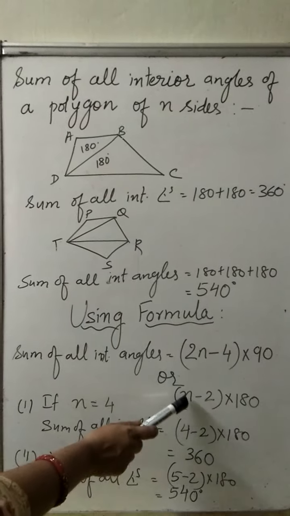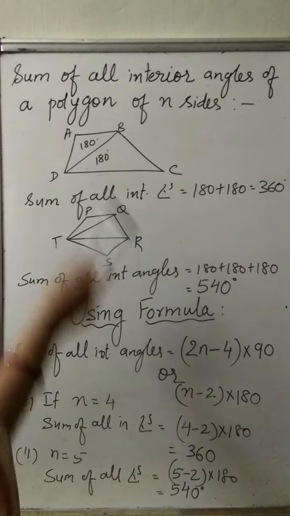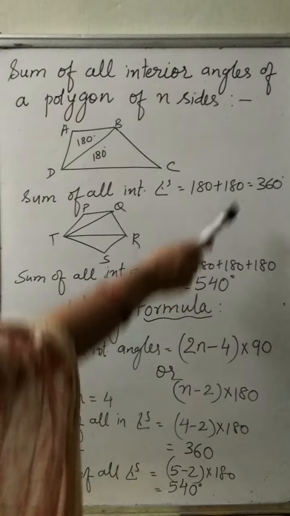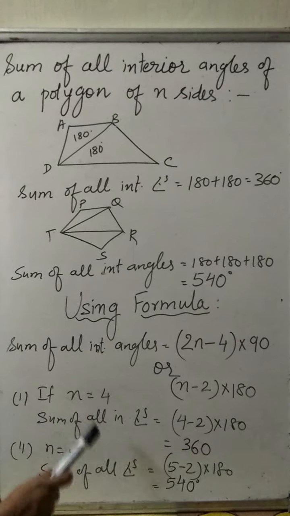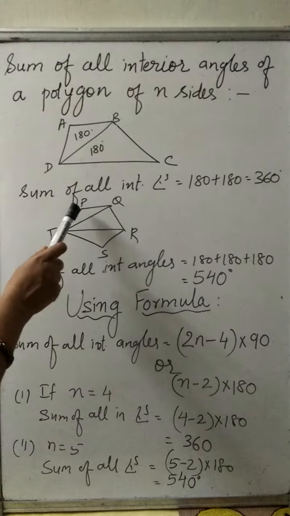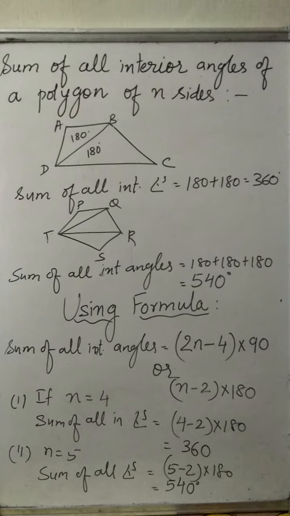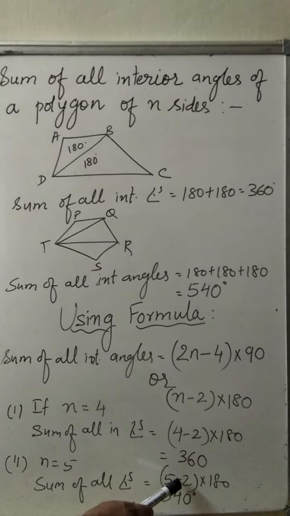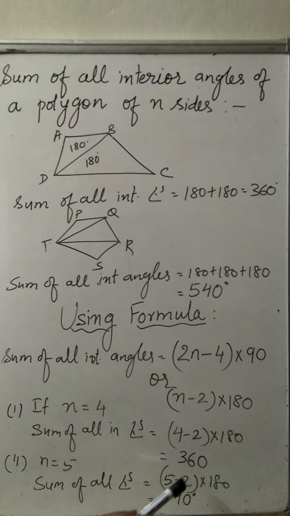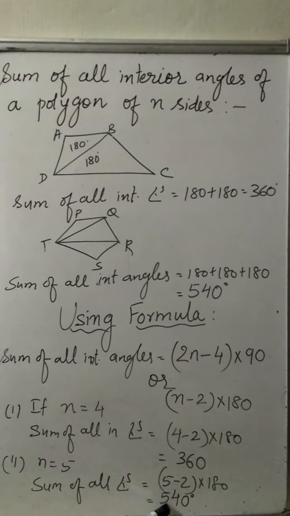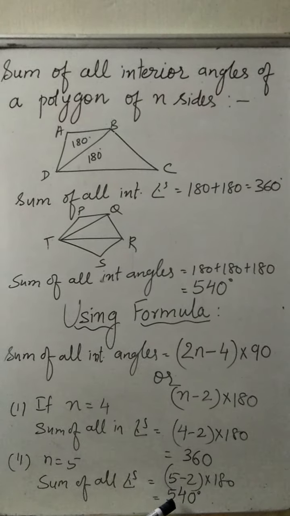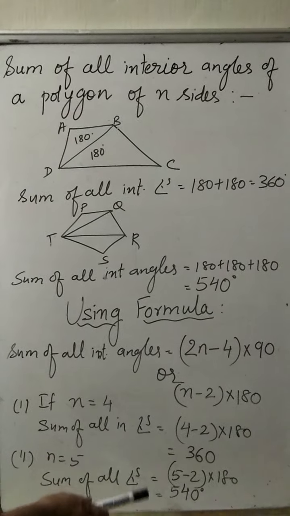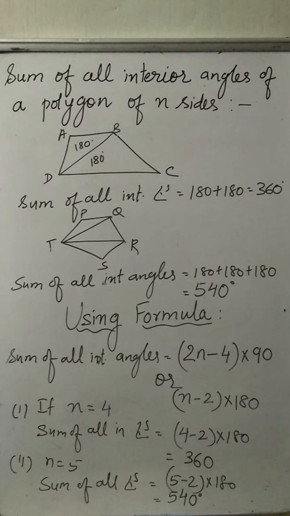Now you see here the number of sides is 4. So 4 minus 2, into 180 degrees. It will give you 360. Here is the answer. And if the number of sides is 5 and triangles are 3, you need 3 as your answer. 3 into 180 degrees is the answer. So you have to subtract 2 from the number of sides, because 5 minus 2 is 3. So 3 into 180 degrees is 540. Here is the answer. So this you calculated without the formula and here you calculated using the formula. So this is the formula that you have to study.